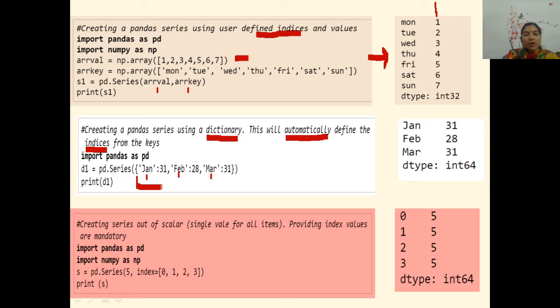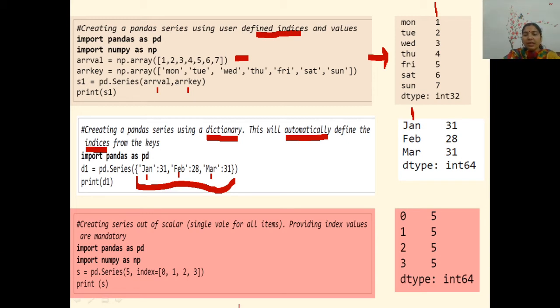I hope you remember how to write a dictionary: in curly brackets, key colon value pairs. So pd.Series has created a series where all the keys January, February and March have become indices, while the values of the dictionary have become the values of the series.